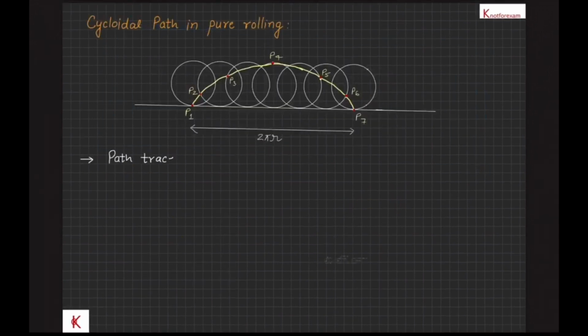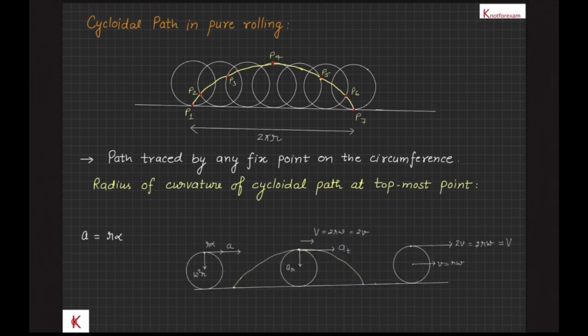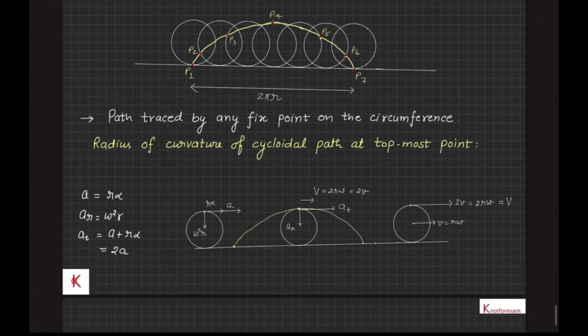Path traced by any fixed point on the circumference of a rigid body undergoing pure rolling is a cycloidal curve. Let's find the radius of curvature of this cycloidal path at the topmost point of its trajectory. Velocity of the topmost point v is equal to 2rω, and acceleration of the topmost point is acceleration with respect to center plus acceleration of center, and therefore the tangential component of this acceleration is a + rα and the radial component